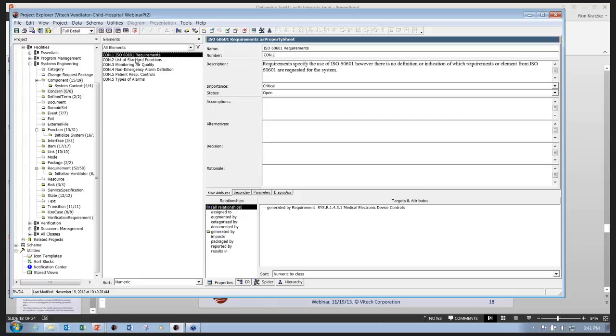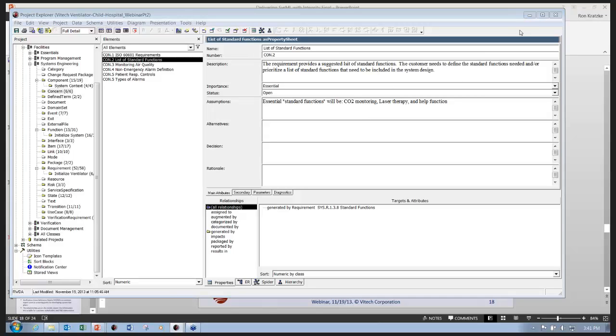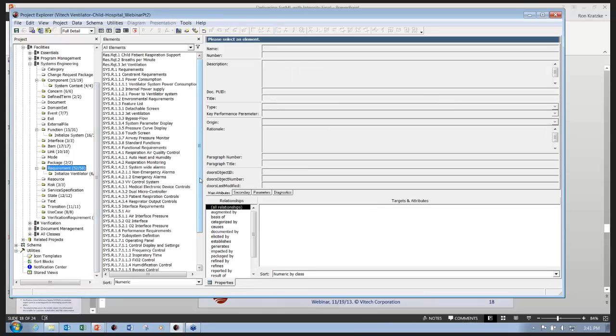If I look at concern 2, there was a requirement here that had a list of functions that weren't clearly identified. So I'm going to assume that these are my standard list of functions, and what I did was I went back into my requirements list